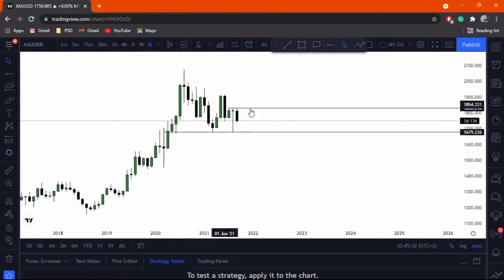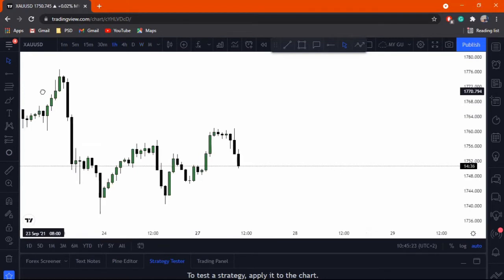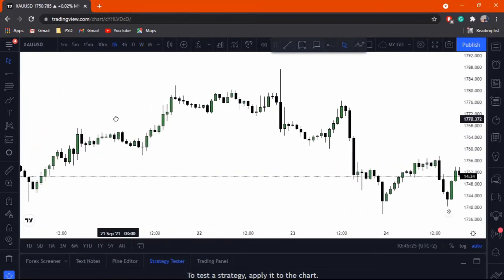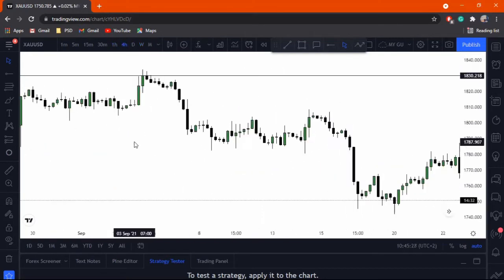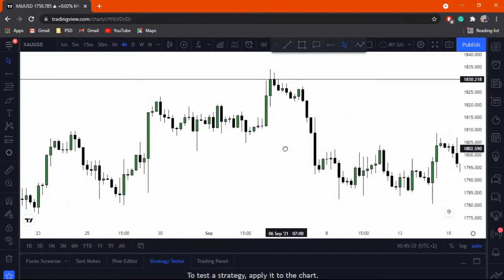So if we wanted to catch this wholesale trade, the moment the new week started would have been a very good entry. But if you want to look at the smaller time frames on how you would have caught the trade, let's use the 4 hour time frame. If you go on the 4 hour time frame, do you see this? Price was ranging around this area, right? Yeah, we had a range right here,